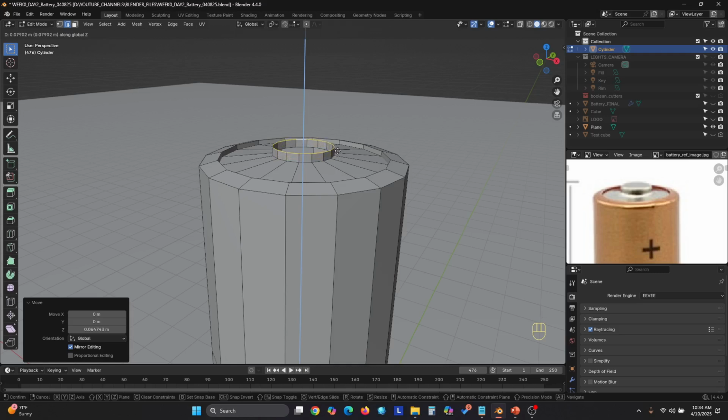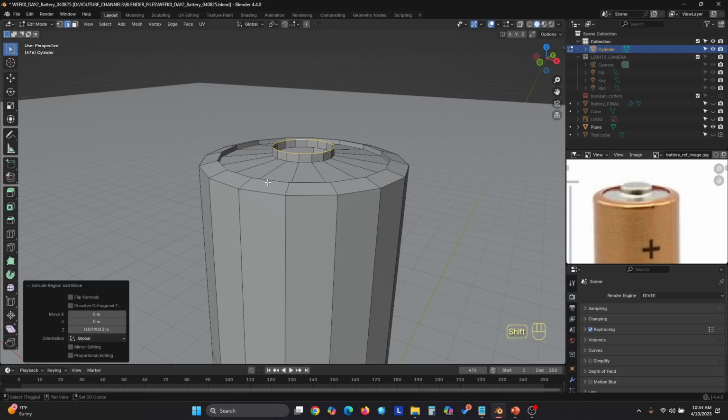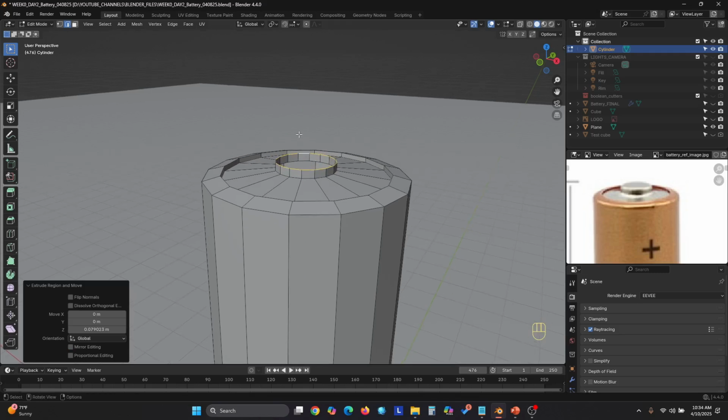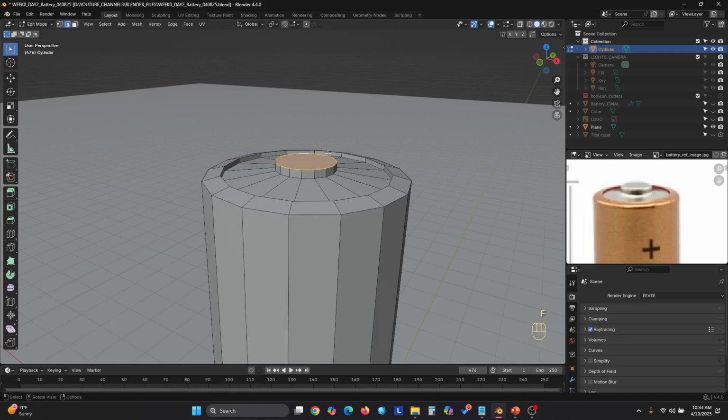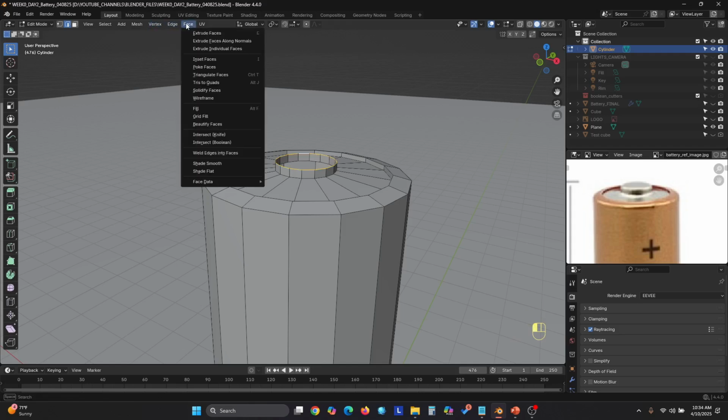And there you go. There's that. And then we're going to close this up. There's two different ways to close up this hole. You can either do F, so you could do an F, and that will go ahead and complete the face, or undo, Control Z to undo, and you can go to here to face, the face menu right here, and